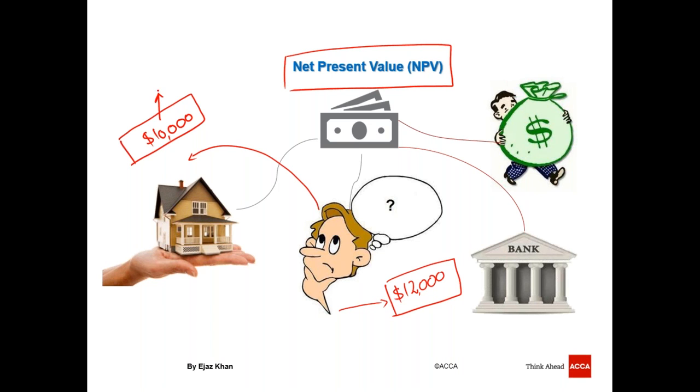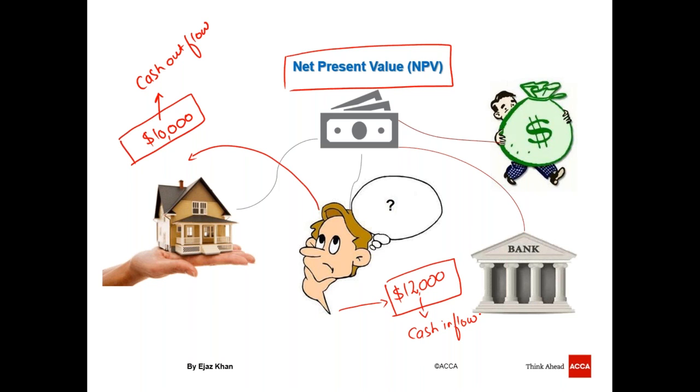The amount to be invested in this project is a cash outflow for Mr. A. And the amount that he will be receiving after 1 year, or after the end of the project, is a cash inflow. Now, apparently it seems a very good project, as $10,000 are required to be invested today, and $12,000 will be received in a year's time. So apparently it seems an attractive project, but